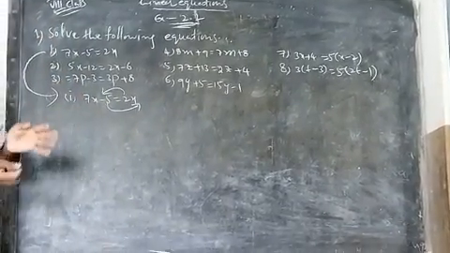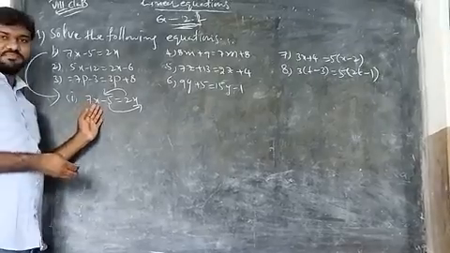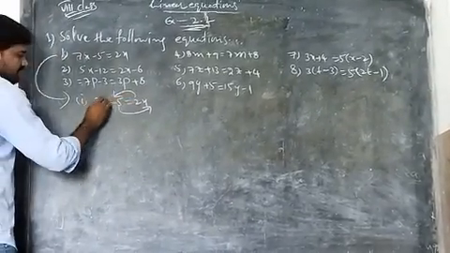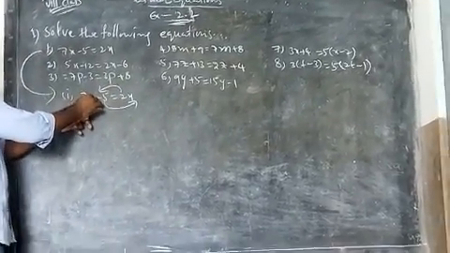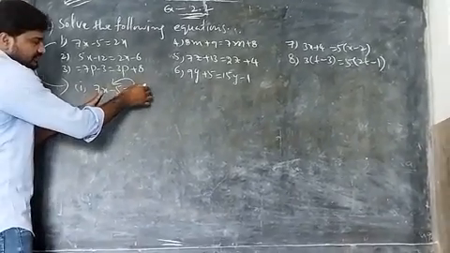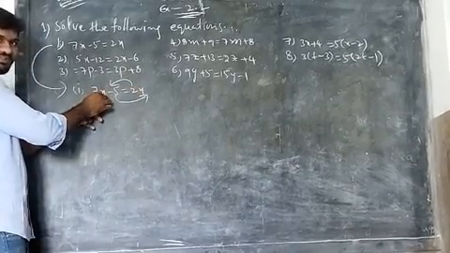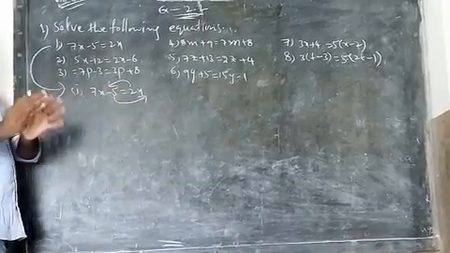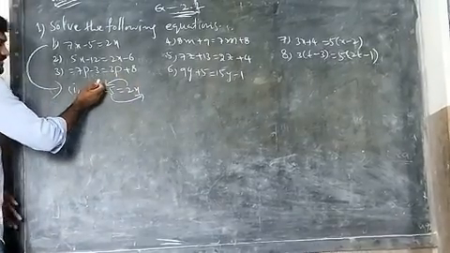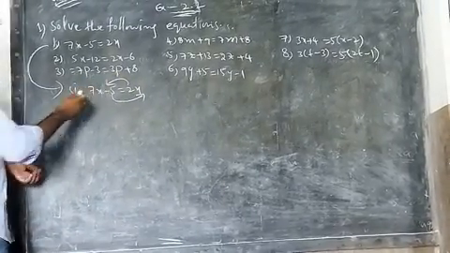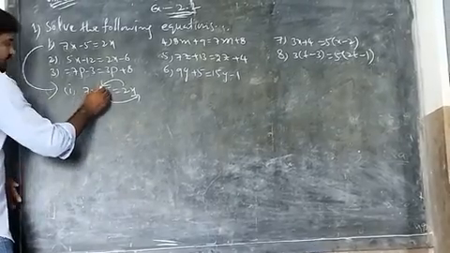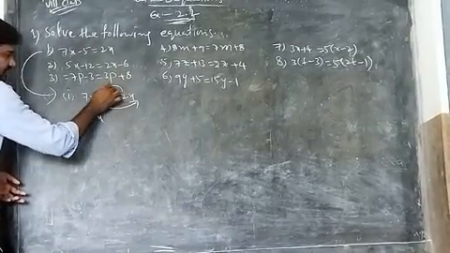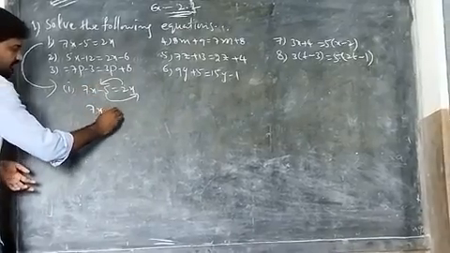Now you are going to translate to the left side or right side. For example, 7x is given there, and on the other side the x value. Since 7x is on the left side, we translate x to the left side, and minus 5 translates to the right side. So 7x, and if you translate x to the left side, it becomes minus x.